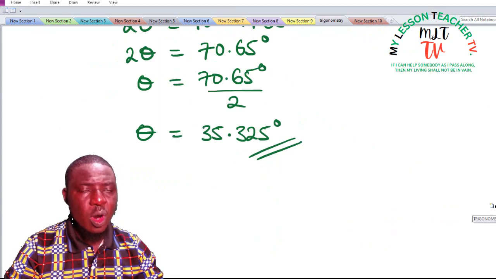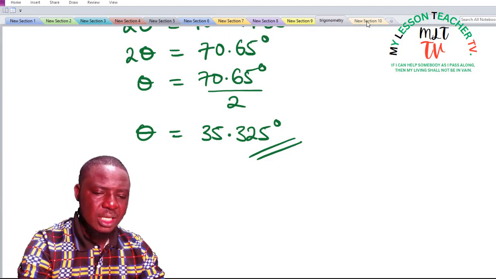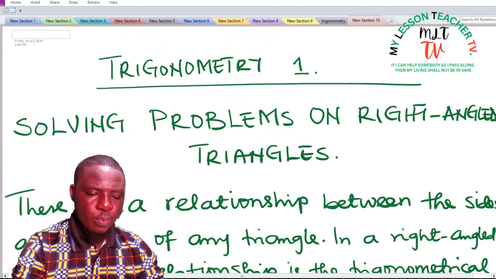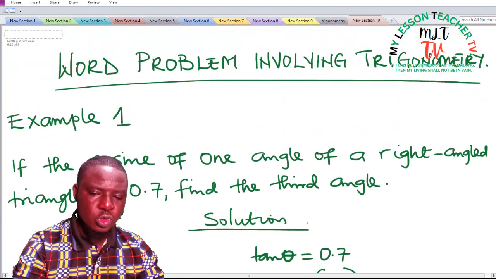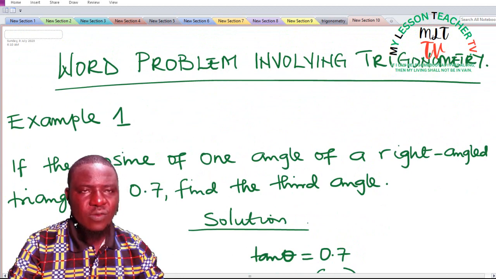I also explained how you can find a given angle when the trig ratio of that angle is given. At the last class, we looked at word problems leading to trigonometric ratios, where we solved a lot of